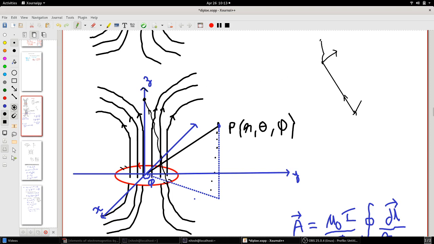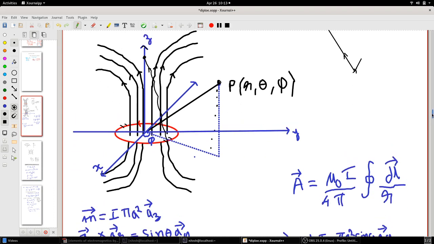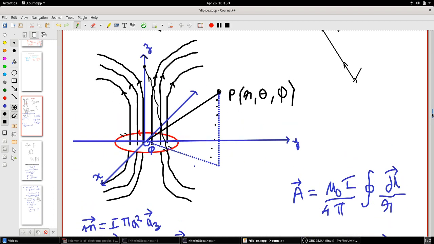You only get the vertical component, the normal. The tangential component gets cancelled out because of the symmetry. Now, instead of this axis, if you want to find the magnetic field at any particular point which is not on the axis, then things become very difficult. I mean, the integration, the math becomes difficult. So we will not go through the math. As given in the book, we will just take the results.